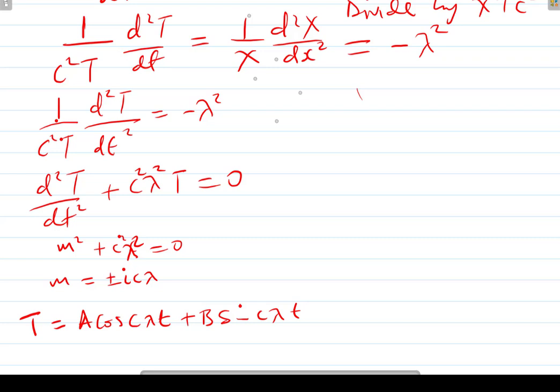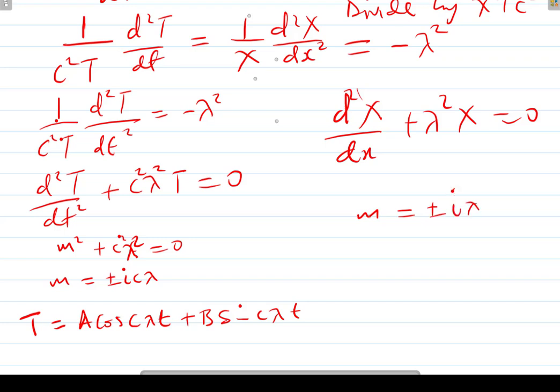Also here, once you do this one, everyone should be able to know how to do this. It will be d squared X over dx squared plus lambda squared X equal to 0. Then m equals plus or minus i lambda, like that. Then X will be equal to